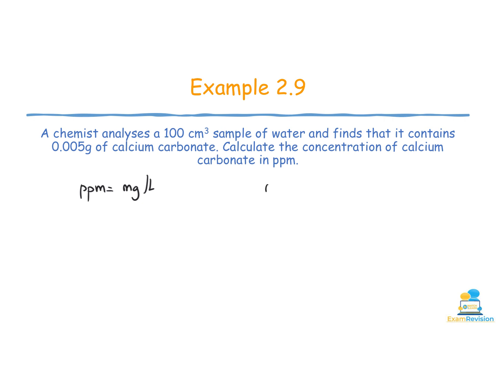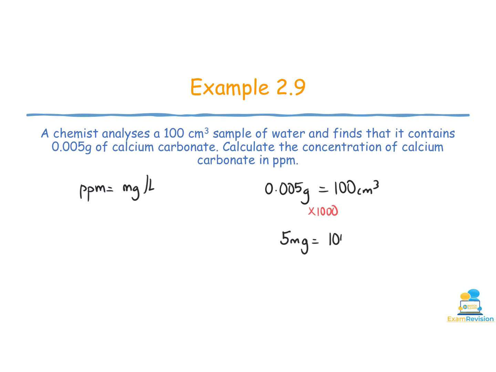Now, in this particular question, it says that there's 0.005 grams in 100 centimetres cubed. All I need to do is change the unit so that it's in milligrams per litre. In this case, I have grams and I need milligrams, so I need to change the mass, and I have 100 centimetres cubed and I need litres, so I have to change the volume too. To change the grams into milligrams, I'm going to multiply both sides by 1,000, as there is 1,000 milligrams in a gram. Multiplying by 1,000, I'll end up with 5 milligrams